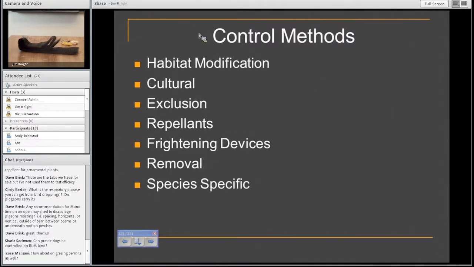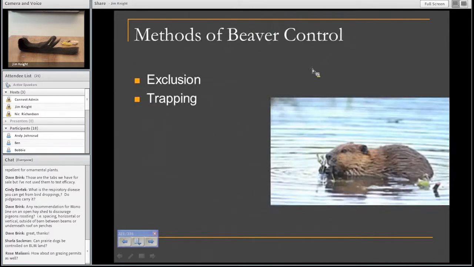So if we can keep them from doing that modification, that'll prevent them from being in the area. Certainly the cultural things, the planting of some ornamental trees along creeks and stuff is asking for economic problems when the beavers start chewing on them. But the main things that we use to control beavers is exclusion and trapping. In a lot of ways, exclusion can make more sense because if you have some beavers around and you trap them, chances are you're going to have more beaver come up the creek and you're going to have them there again anyway. But sometimes trapping is what we have to do.